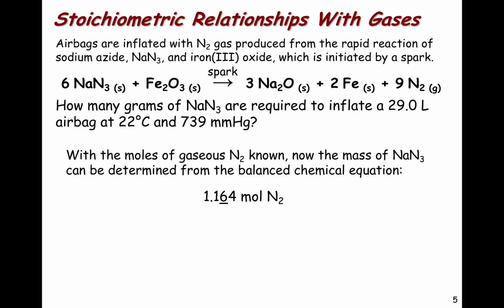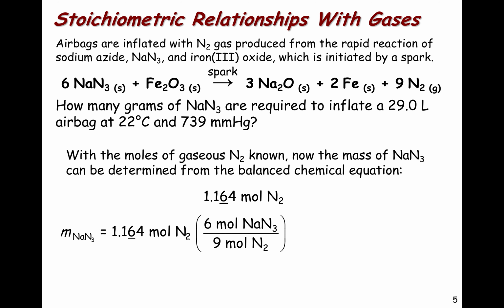At this stage, then, we can recognize that this is the moles of N2, but the question is asking about how many grams of sodium azide are required to do this reaction. So we now need to do some stoichiometry based upon the balanced reaction. So we're going to start with the moles of the N2, and using the mole relationship from the reaction, we know that for every 9 moles of N2, it required 6 moles of the sodium azide, NaN3,